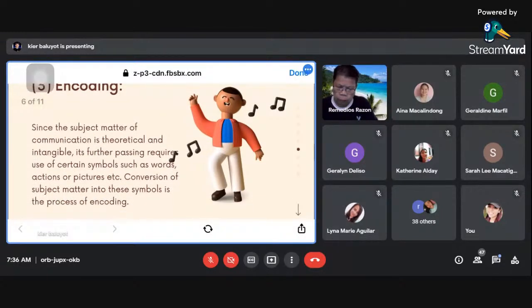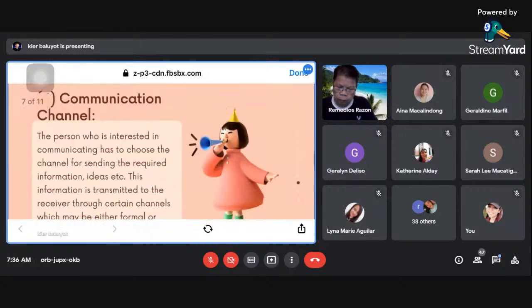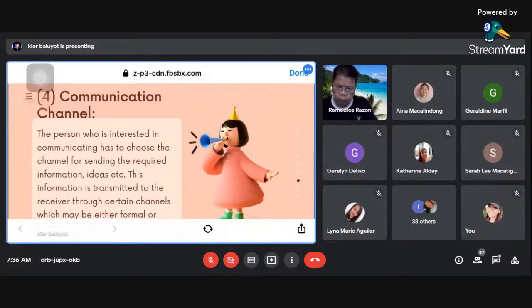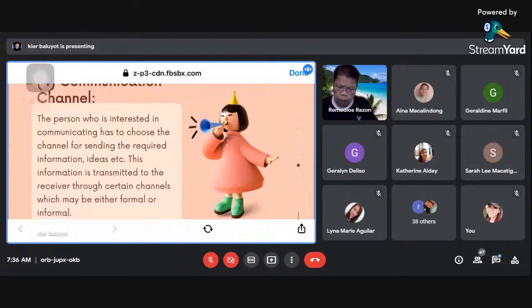Next is the communication channel. In the communication channel, the person who is interested in communicating has to choose the channel for sending the required information, ideas, etc. This information is transmitted to the receiver through certain channels which may be either formal or informal.